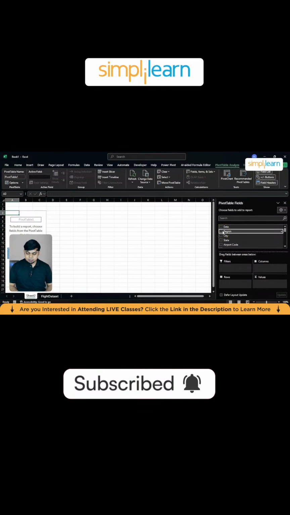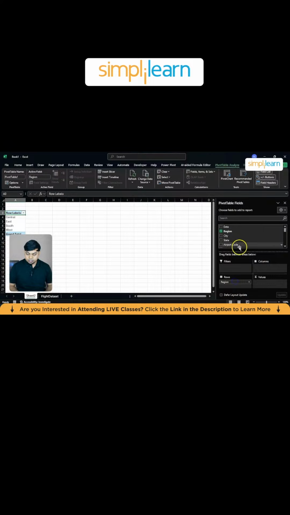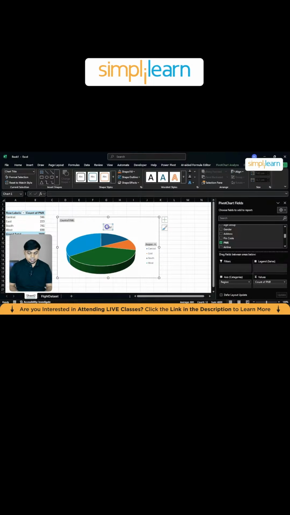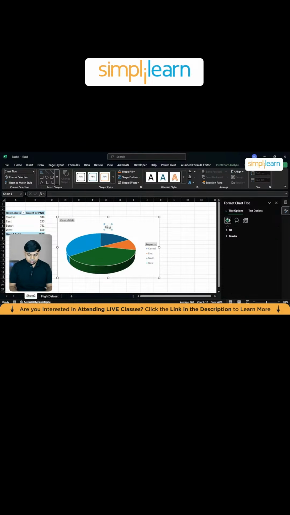Now let's create some pivot charts. So firstly, I'll go with the region and the number of people flying from the region, the region-based analysis. So here we have the region-based pivot table, and I will create a pivot chart for this. I'd like to go with the pie chart, and I'd like to go with the 3D pie chart, and there you go. So I'll rename this as region-based data,